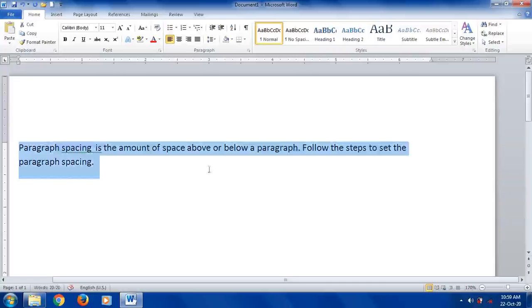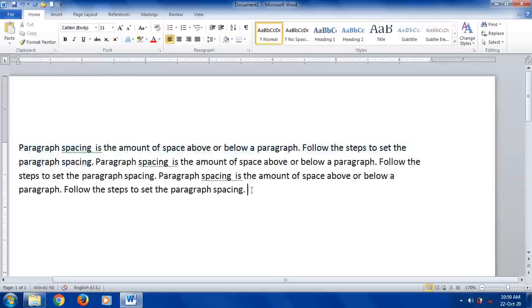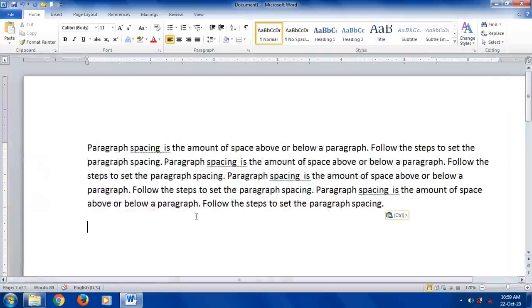Now I am just going to paste this same text. Now see how the text is appearing. Text is appearing in a black color, but some may not like this color. They want to change the color, like they might have their own likes and dislikes. So Microsoft Word has given a feature to change the color of this text. Okay, you can change the color of this text.